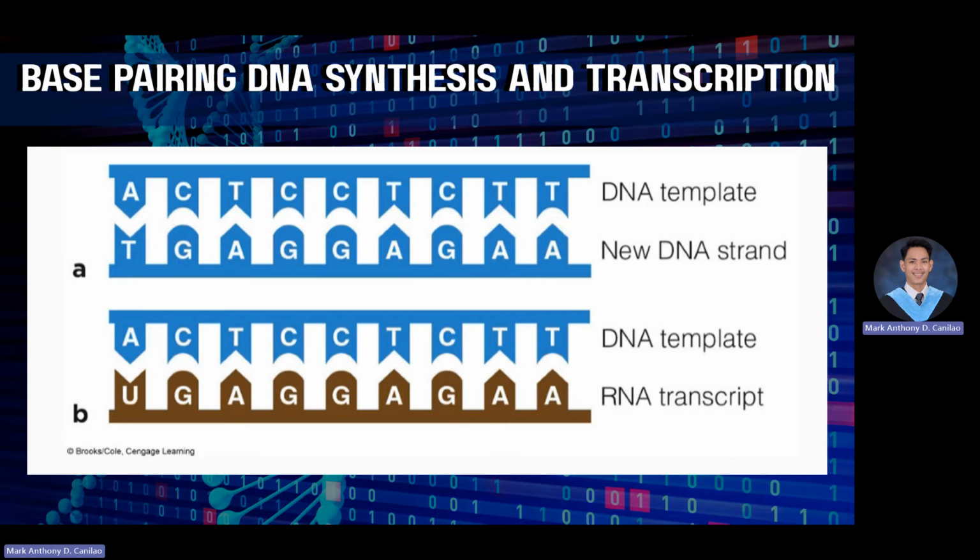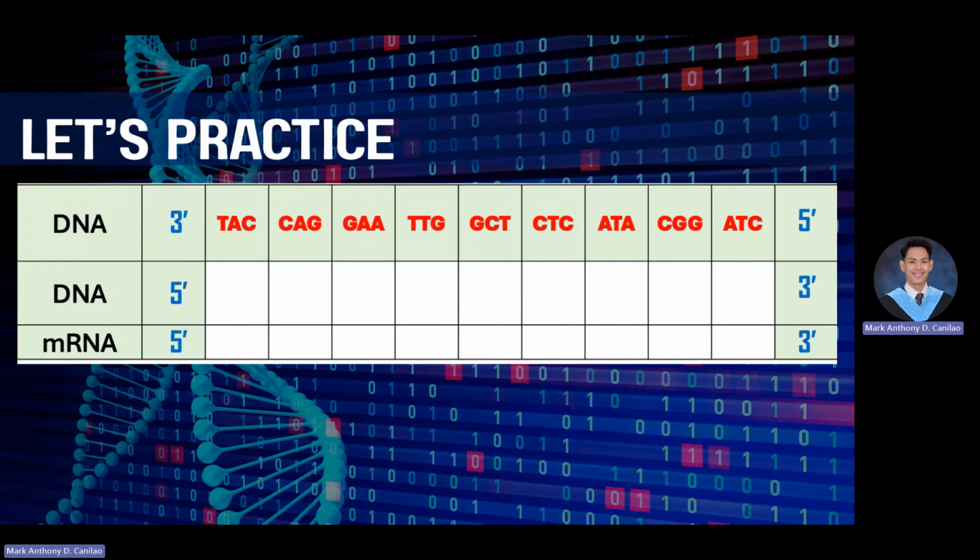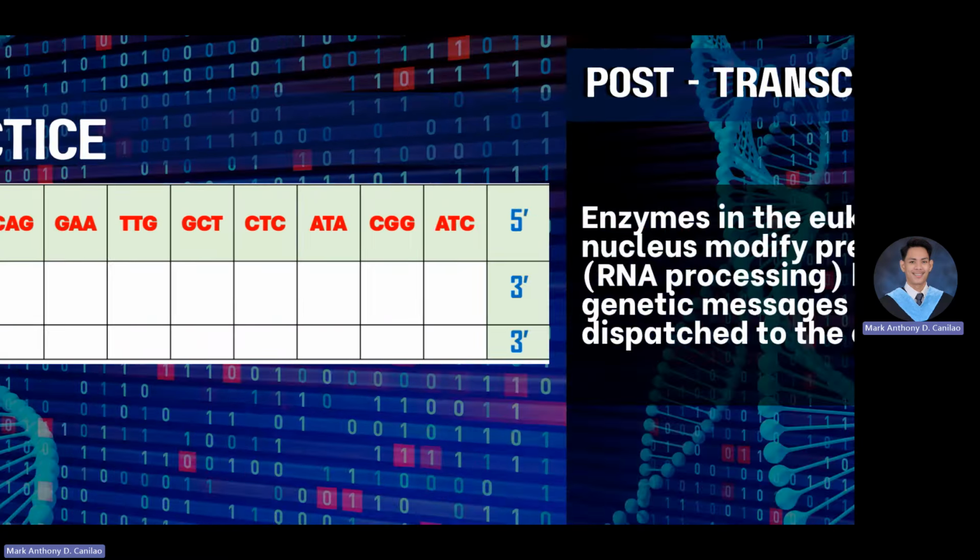So don't get confused. Maybe you are wondering what part of the DNA you are going to give complementary bases on the RNA. It is important to note that we always use the DNA template strand, okay? So there are two types of strand, the template strand and the non-template strand. So we always use the template strand in giving complementary bases in the creation of mRNA so that you will not be confused on the lesson or on the different assessments. So I think this has been done in a face-to-face session.